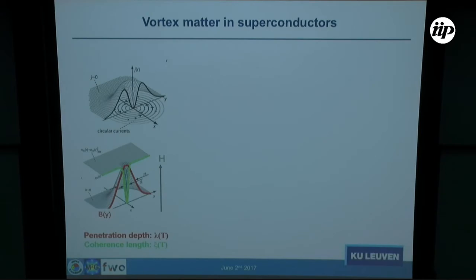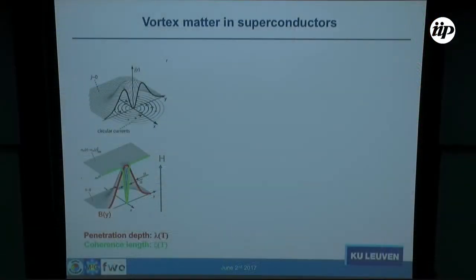So we know that in superconductors, the magnetic field is only allowed to penetrate into the material in the form of vortices. A vortex can be considered as a normal state core surrounded by some circulating supercurrents. And the magnetic field distribution and the order parameter distribution can be described by these two important characteristic lengths. Both of them are strongly related to the superconducting properties. So by studying vortex matter, or specifically by measuring these two characteristic lengths, we can obtain a lot of information